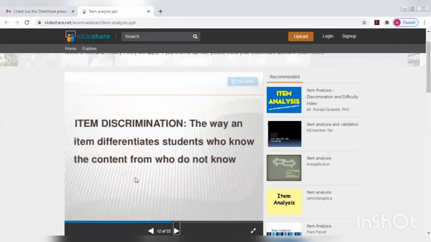Next we come to the item discrimination. Here it is nothing but this is a way, okay. This is a way how you are going to,